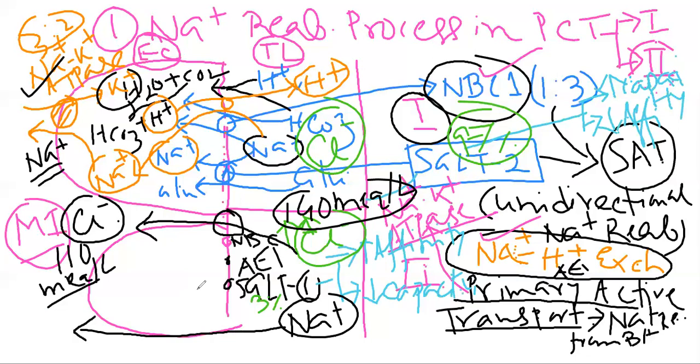So this sodium ion reabsorption process will occur via the paracellular route. In between the two cells, the site is known as the paracellular site. So by this paracellular route, this sodium ion will be reabsorbed. Now, one thing I have to mention here is that chloride ion is actually reabsorbed via the paracellular route by